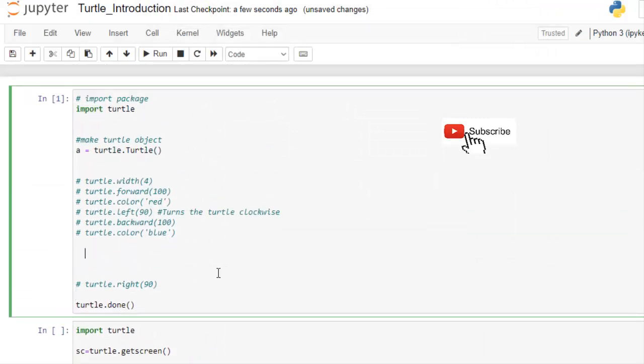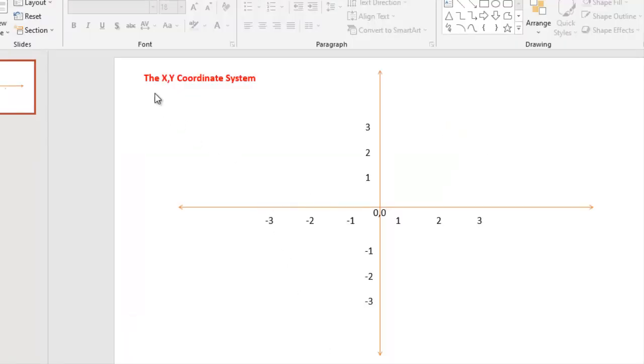Now we will draw something on this canvas, but before that I want to explain the maths behind it, like what this canvas actually is. This is the x and y coordinate system. This thing we have learnt in school. The canvas is based on this coordinate system itself; the turtle is at the 0th position, and whatever commands we give to that turtle, it will create a diagram. Coming back to the code,